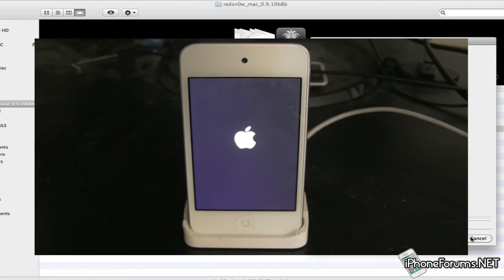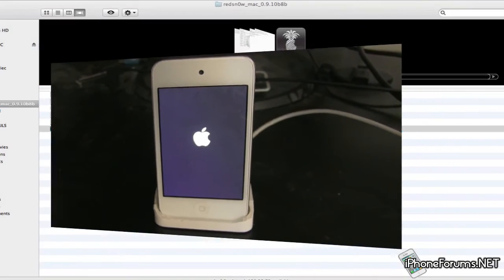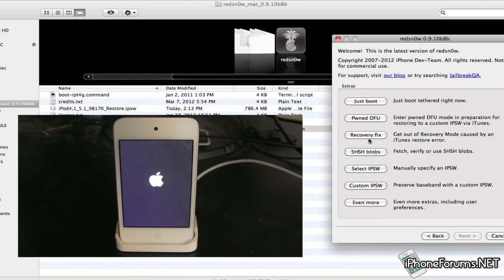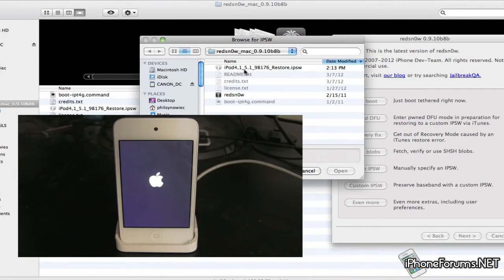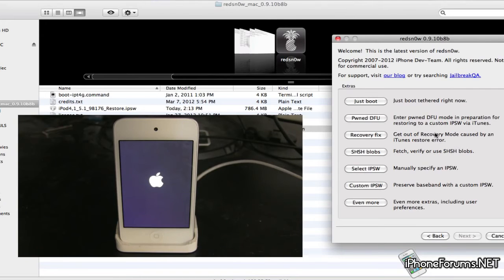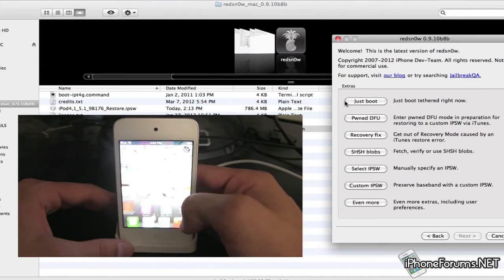So now we can go ahead and close Red Snow, which we still had open on our computer, open it back up, and go back under Extras right here, then select the IPSW one more time, which is iOS 5.1, and we're going to boot tethered in just a second. So we have to go back into DFU mode now, but let's slide to unlock